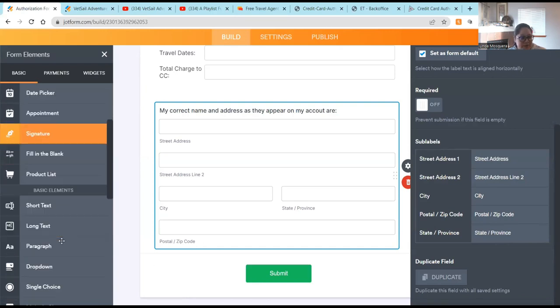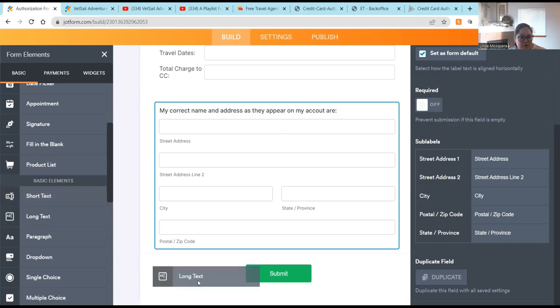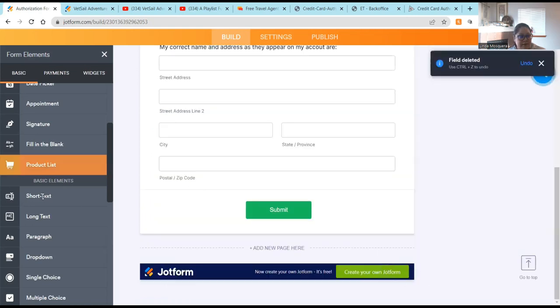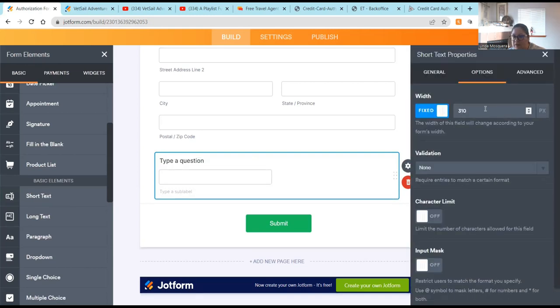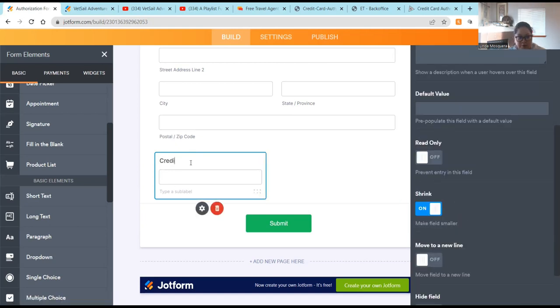Next fields that we need is their credit card information. So I'm going to put, let's use long text. Nope, not long text. Let's do short text. Here we go. And I want to be able to shrink this a little bit. This is going to be a little bit smaller. Oh, not that one. I want this one to shrink. So let me see advanced. Shrink. Here we go. I'm going to put credit card account number, last 4